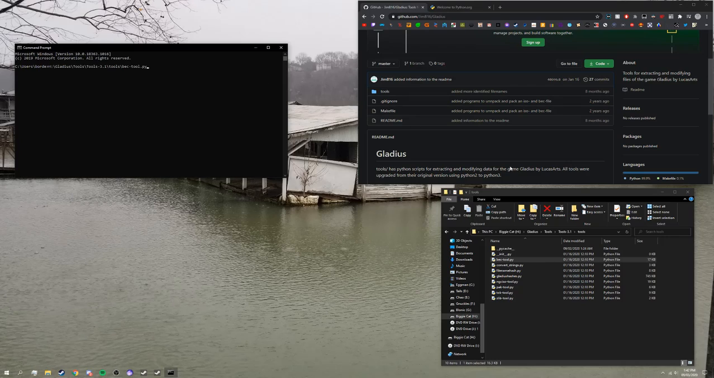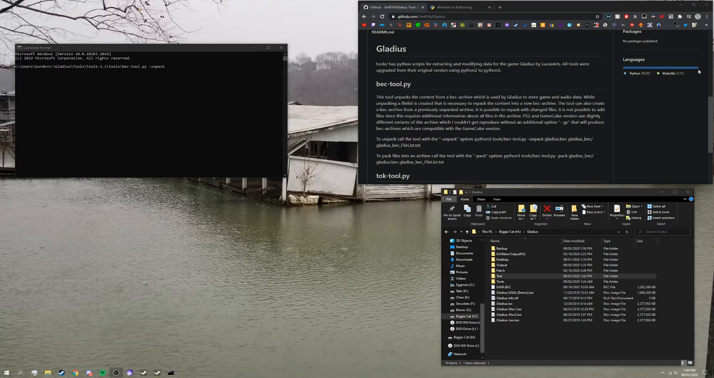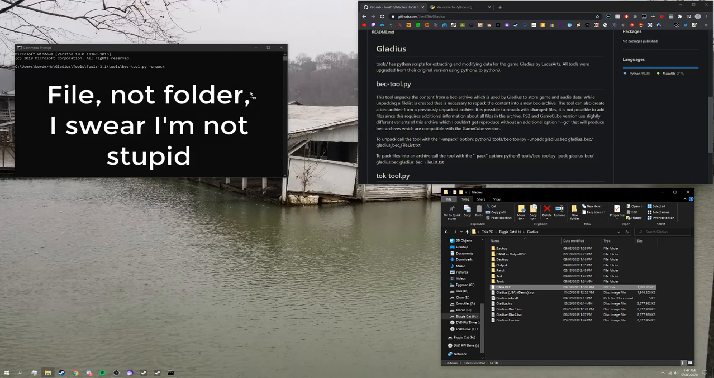and you're going to drag that into command prompt, space, and then do -unpack. The command for doing this is very simple, because all you'll do is drag in your script, then do -unpack, and then add in your data.bec file that you took from your disk. Just drag that in,